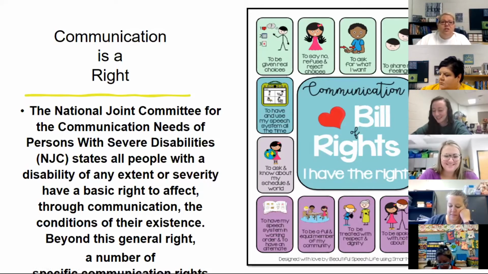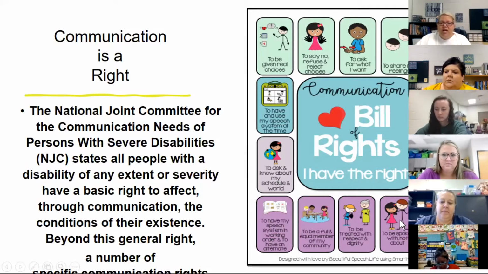We have students, especially maybe sometimes our severe and profound students, that we think maybe they aren't paying attention or listening to what we're saying. Please don't talk about the student in front of the student. Talk to them like they're any other person. We say, hi, how are you? How's it going? What'd you do last night? So they have the right to be spoken with, not about. And then I have the right to be communicated with in a sensitive manner.